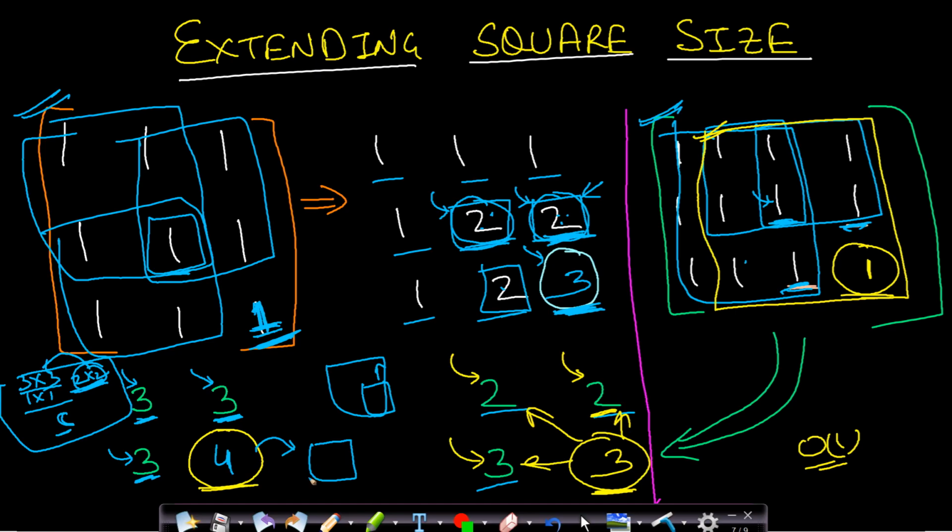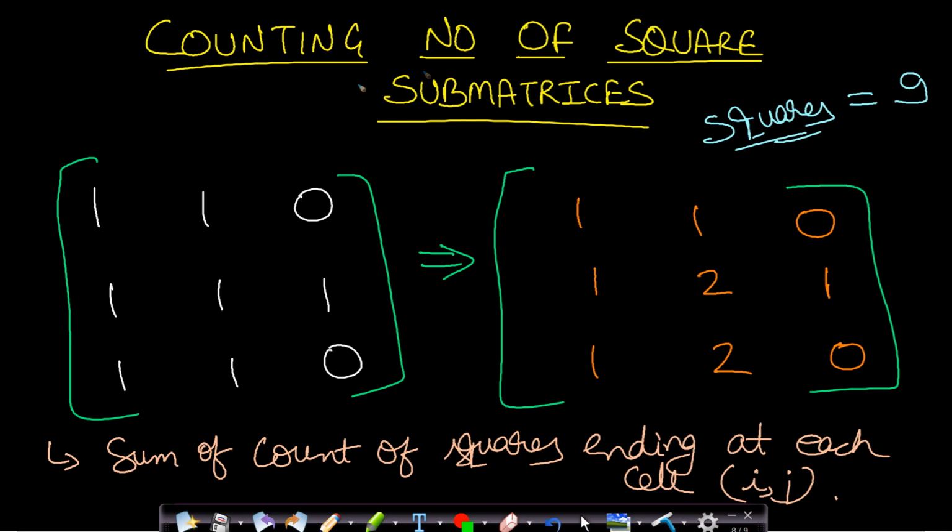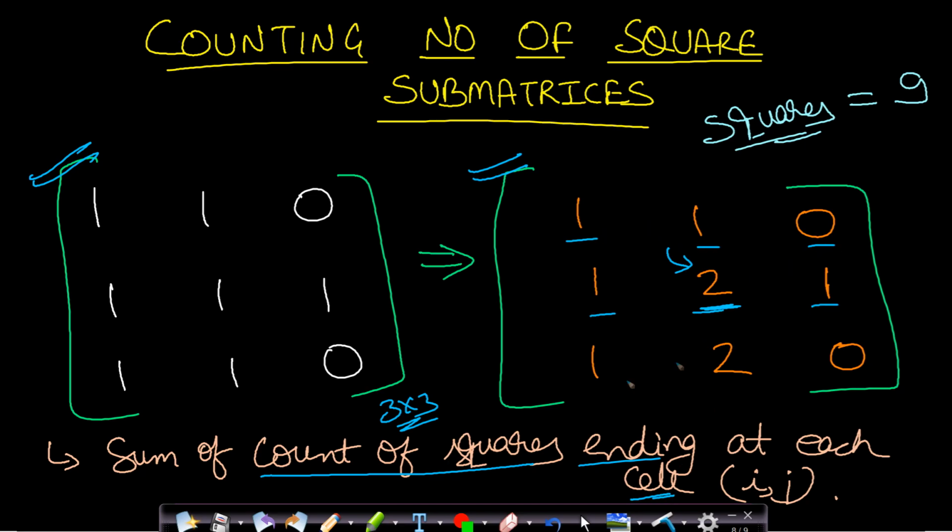Now once we have seen these properties, let us see how we count the number of square submatrices. If we are given, let us say, a 3 by 3 matrix, and we used the previous property to find, at a given cell, how many square submatrices are ending there, and we found this for each and every cell, then the number of square submatrices having all ones will be equal to the sum of the count of the squares ending at each cell. What do I mean by this? I mean that we just need to add all these values and this will be equal to the number of square submatrices having all ones.